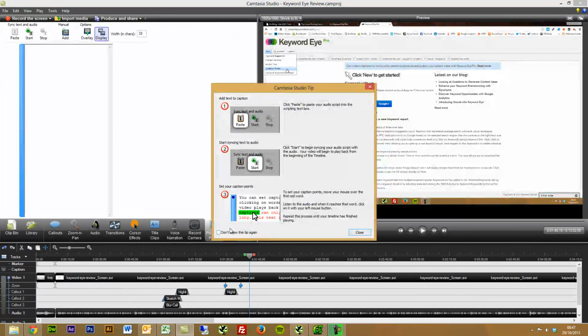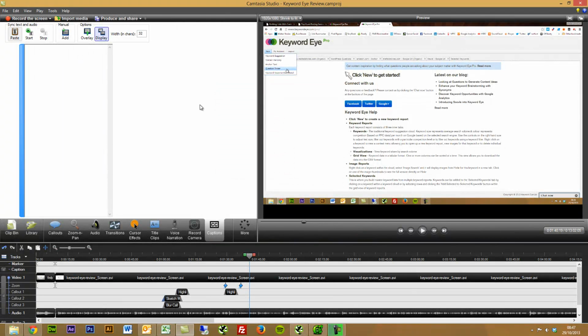Also, I talked about some captions here. So there's a few extra little areas that you can do. I tend to do this in YouTube to have the captions all set up. But if you're not using YouTube, then you might want to do this. So you can have some subtitles running, and this is a really good tool to use for setting up the